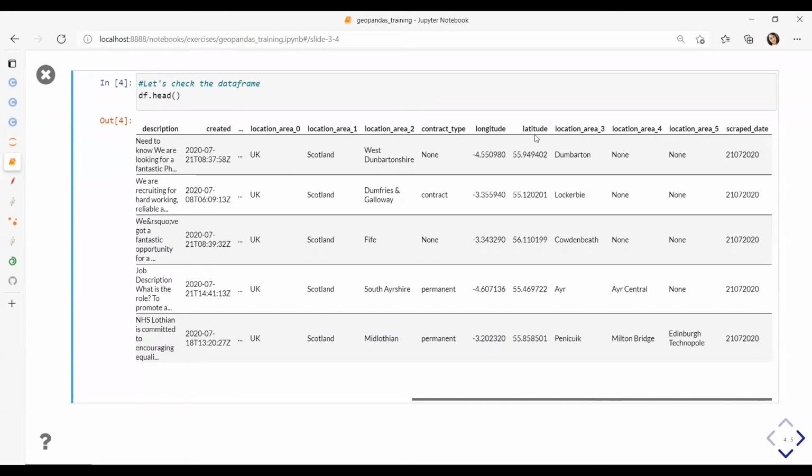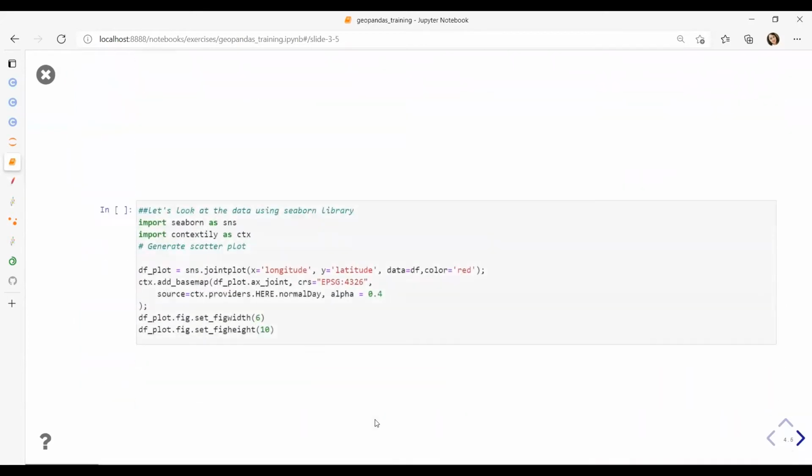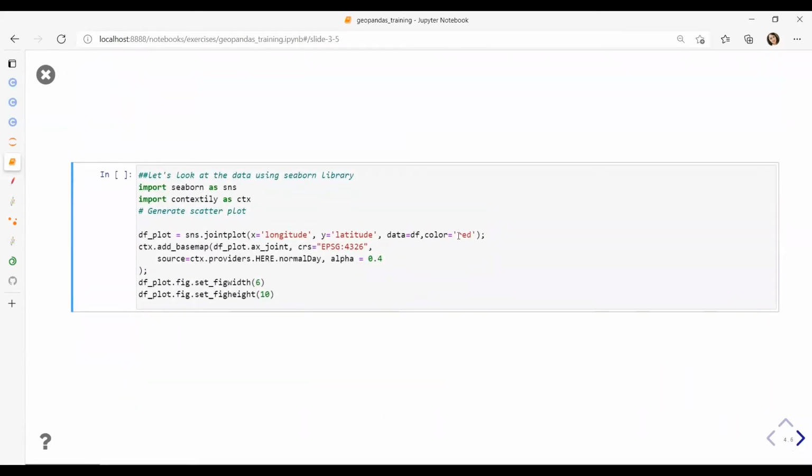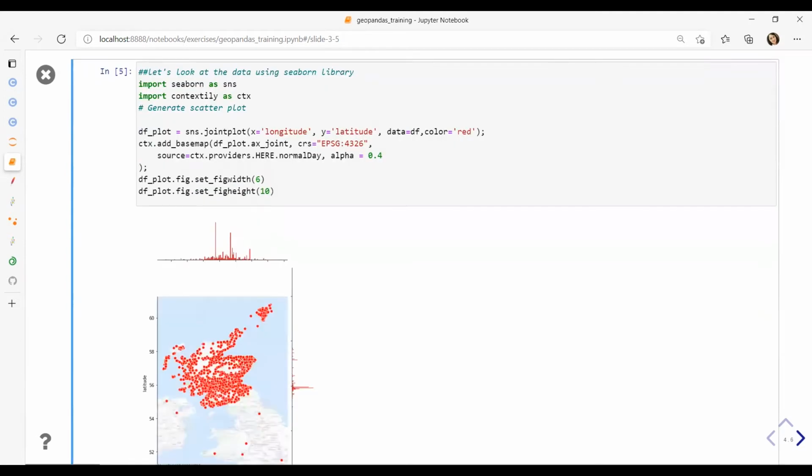So in this lab, we are going to use longitude and latitude to make this data spatial. So before we do any kind of GIS analysis or GIS work, let's just look at the data and try to plot it. On this step, I'm going to use the Seaborn library for visualization, you will see why shortly. It has a very nice joint plot type of visualization to really showcase geographical data. And I'm going to use Contextily. It's a library which provides background mapping.